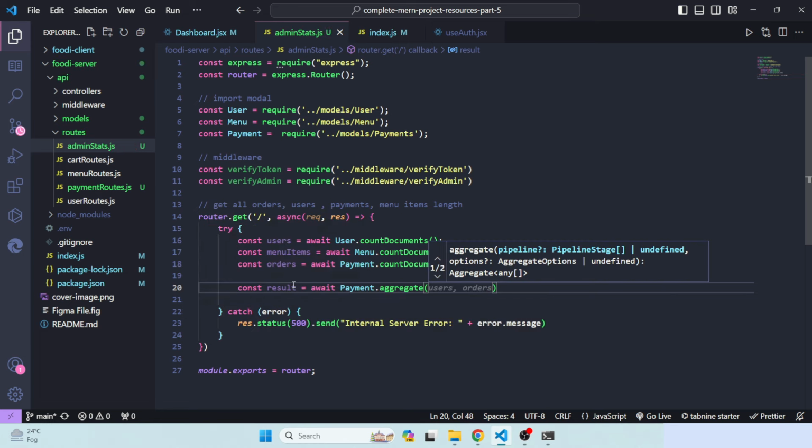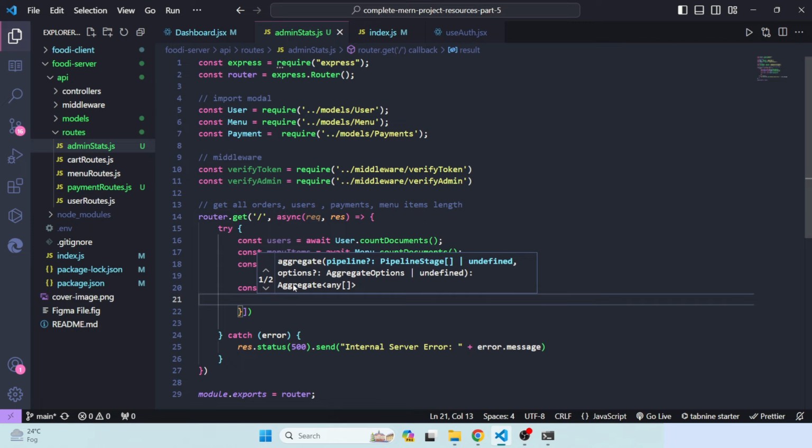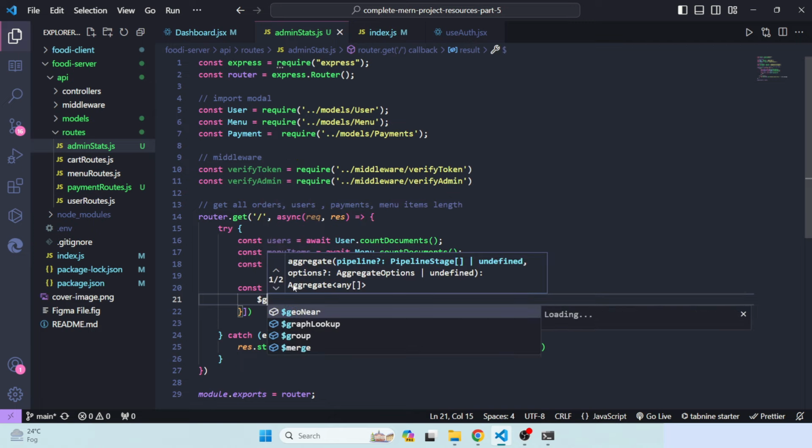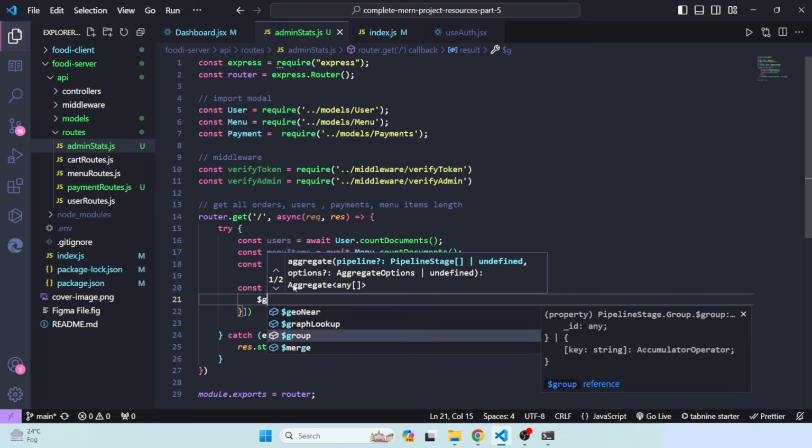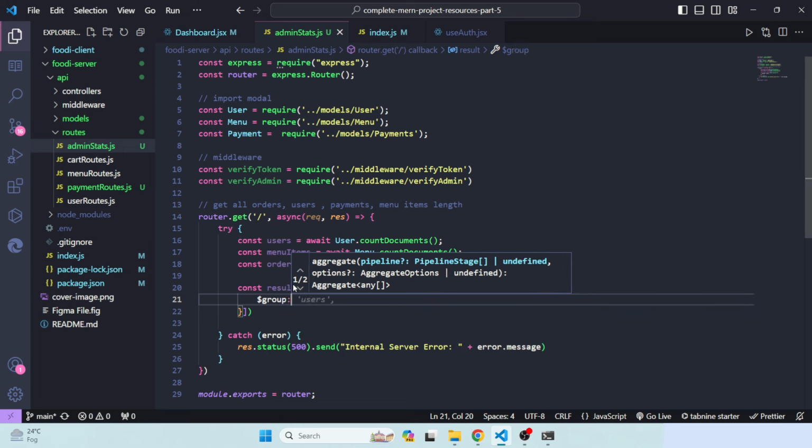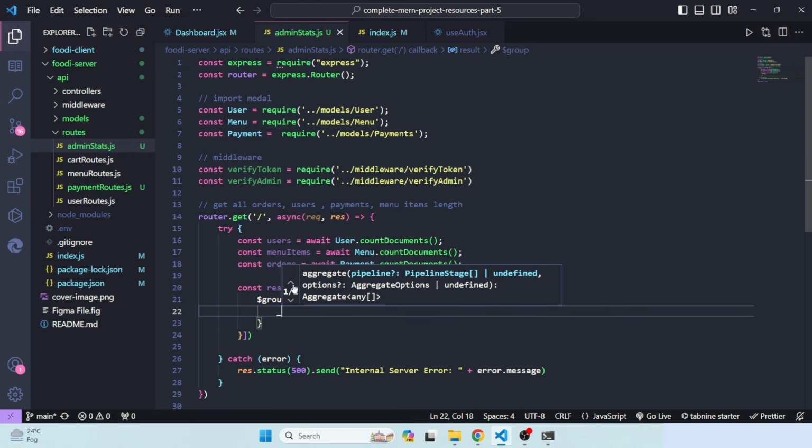If you want to group different routes in your process, then you can use aggregate. So inside this, firstly we will have square brackets, then we'll have an object. Here we'll use $group, so a group method, and here we will create another object. At first we'll define _id, that would be null,